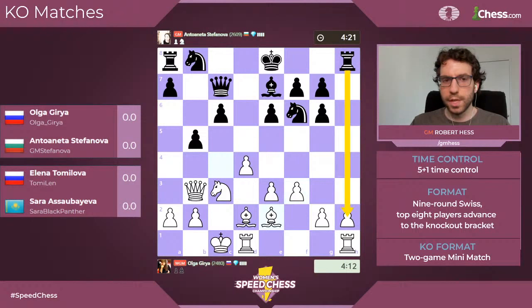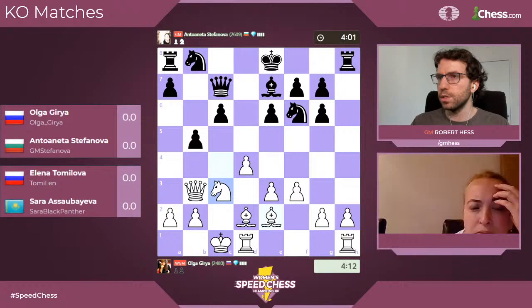So Giria is allowing the capture on h2. We saw that happen earlier with Stefanova, but take on h2 is so risky because your king's in the center, your queen side's not developed. There are going to be sacrifices on the b5 square. So let's bring the players on camera here. Stefanova is trying to figure out what to do here